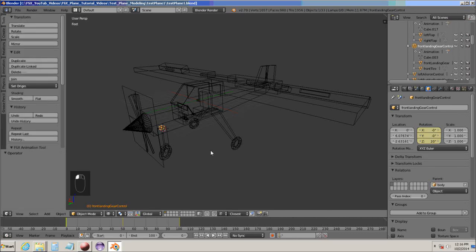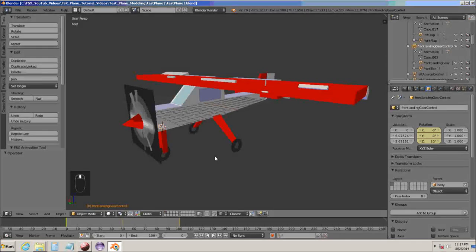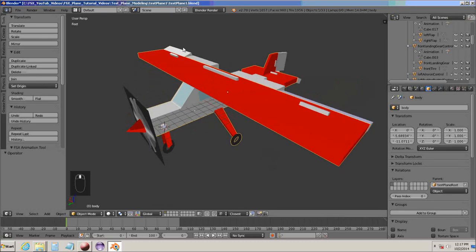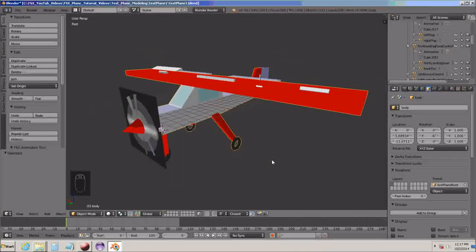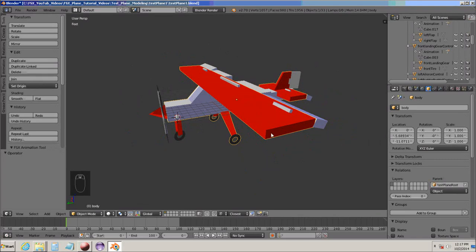Okay, so if you're in wireframe, get out of wireframe, hit the Z key. And first thing I'm going to do is select the body. And remember, we have connected most of our objects into one mesh now for the body, except for the items that we have animated. So with that main item selected,